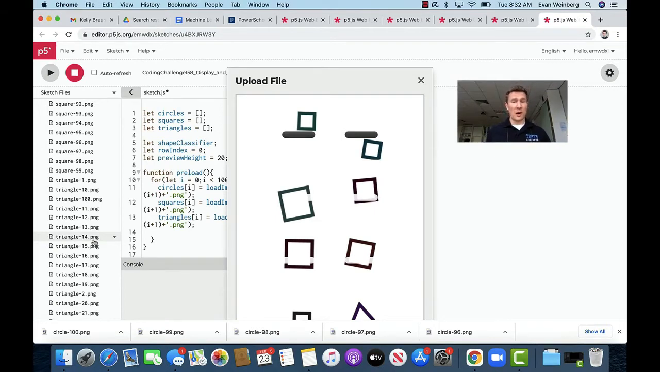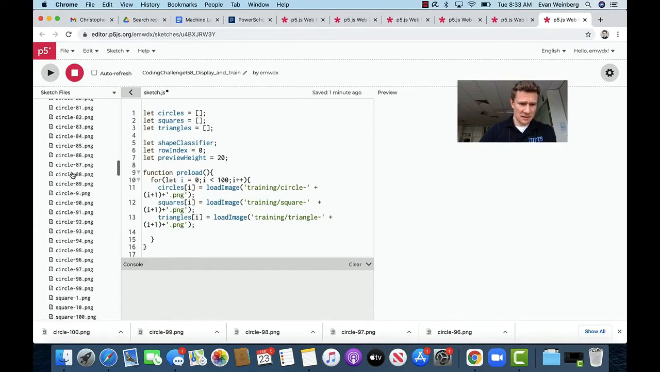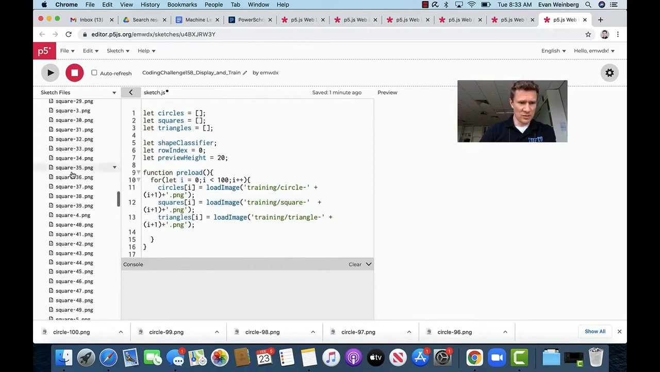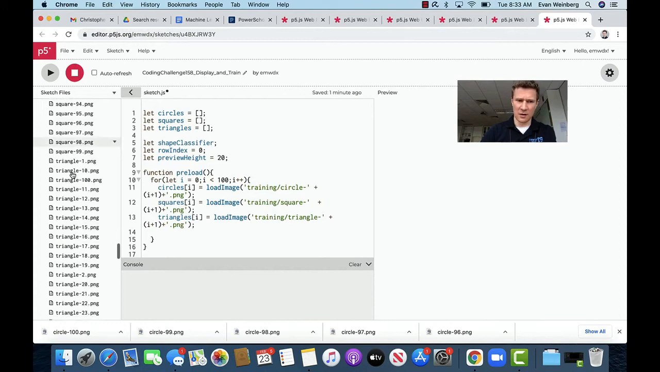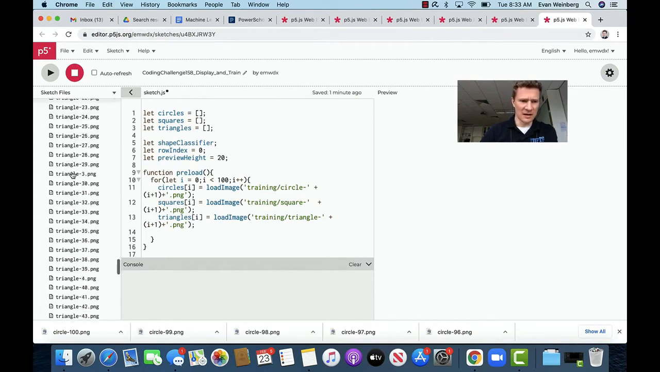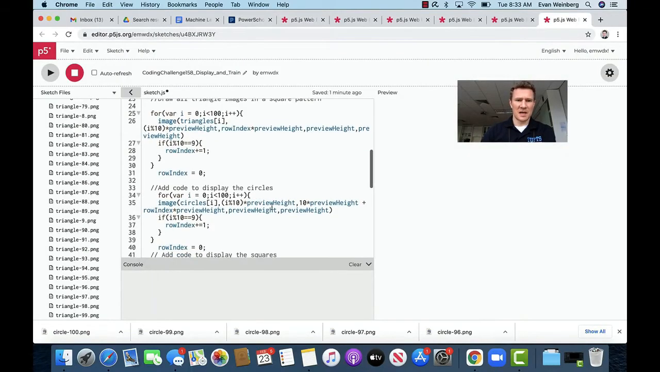Hopefully your Wi-Fi makes it so that you can upload those a little bit faster. Anyways, focusing on that, we can now look in our directory and we can see that we have circles 1 through 100. We have squares 1 through 100. And I don't think we're missing any. I hope we're not missing any. And triangles 1 through 100 as well. We've uploaded the images into there. We can take a look,